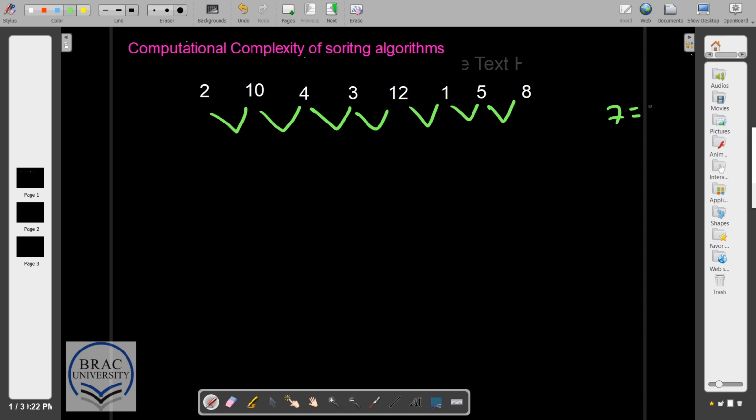So 7 is actually n minus 1. We have 8 values, so we need n minus 1 comparisons, which is 7. Then, after the comparison is made, we have